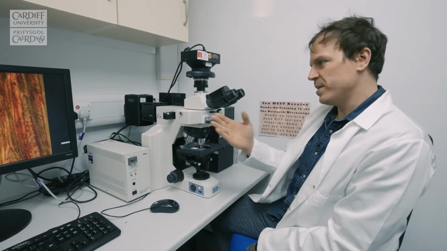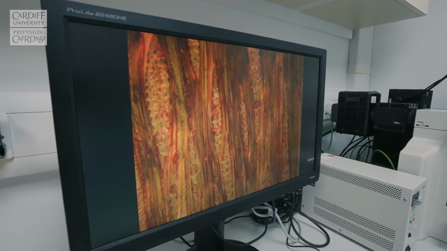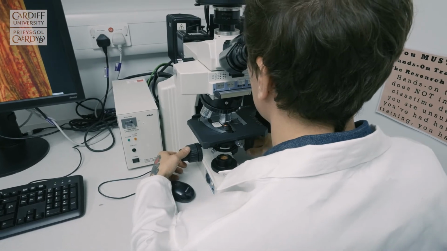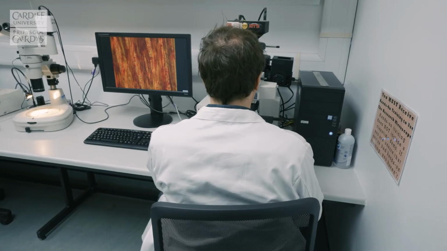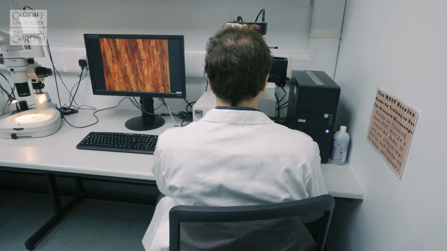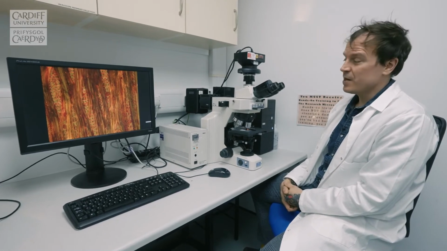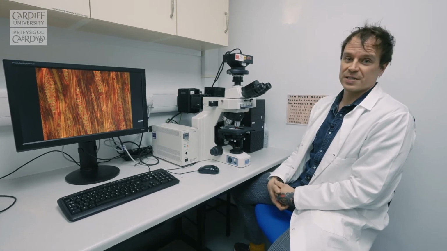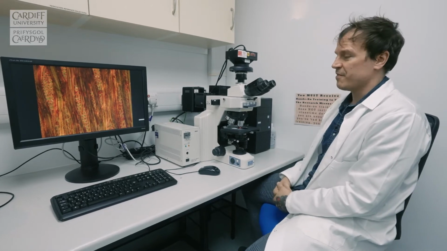for their objects. So here we have a wood sample that's actually up on the screen. Our students will have to do wood analysis because the type of conservation treatment that they use will often depend on what type of wood it is. So in order to best conserve a historical piece of wood, if it's from a shipwreck or if it's from a Roman villa, they have to identify what type of wood it is. And also our archaeologists want to do dendrochronology work on some of the samples they find from archaeological sites, and so they'd use this microscope setup to identify that.